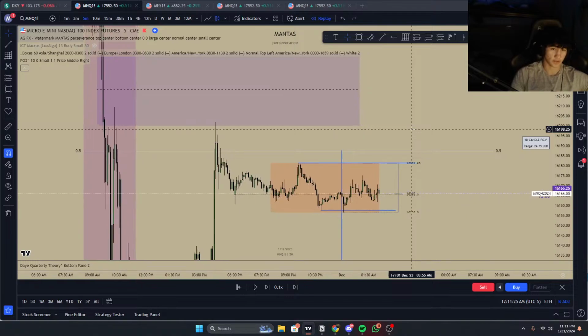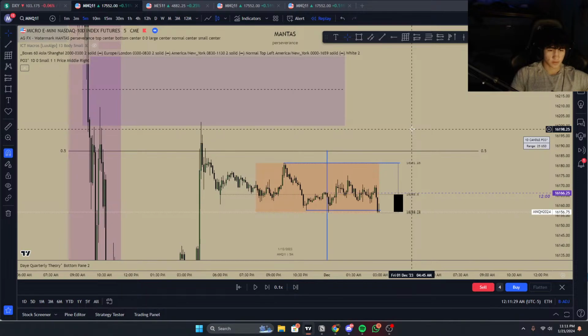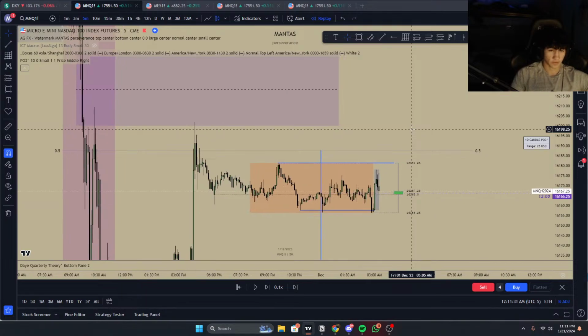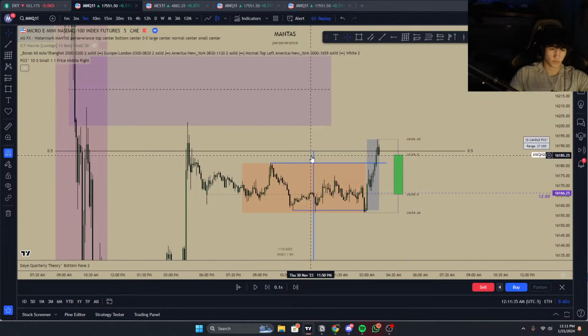So now let's just watch our 5-minute, look for displacement higher. If we don't get it, then it's alright. We don't have a Judas. The manipulation move should make the high or the low of the day, right? Yeah, okay. Please displace this through. Boom, okay, so we displaced straight through. Now we have a valid Judas swing.